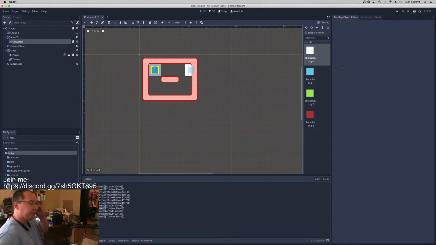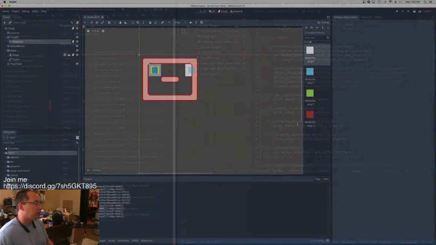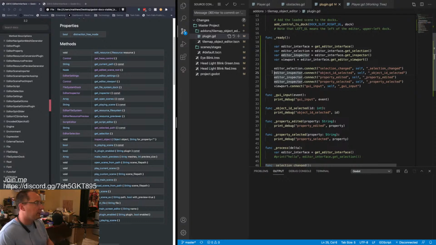And when we do that, we'll be able to select one, update the draw on the tile map to show a highlight of the one that we've selected in here, and allow us to see a list of properties for that particular object in the editor. So selection changed is the one that we care about, the very first one that I tested yesterday. My question to the Godot forums was specifically about